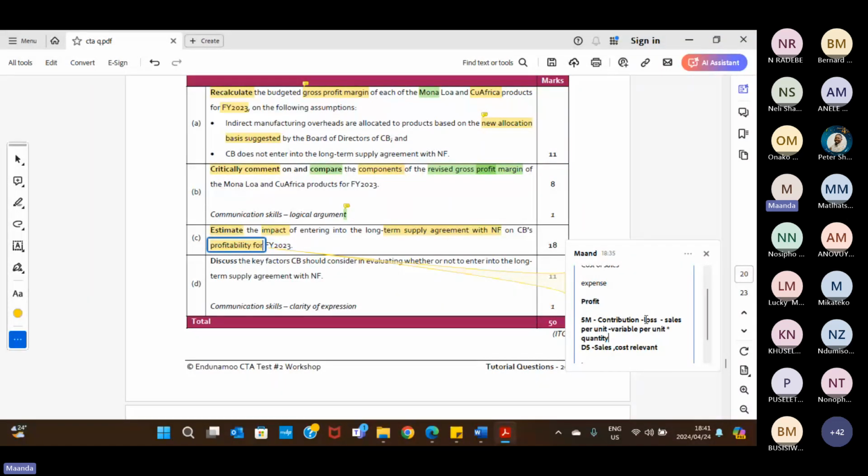So I can already break this down. And you can't tell me that you can get zero from this question, because you can come and say, what is the sale of the 5M product that I'm losing, and you know the sales per unit. Then I know my variable cost per unit, so I can get my contribution. And you can't tell me that you can't get more marks, because if I'm bringing in something, in that agreement they must state the sales that I'm going to get on that new agreement. So that becomes the new sale that I'm going to get, which is going to impact my